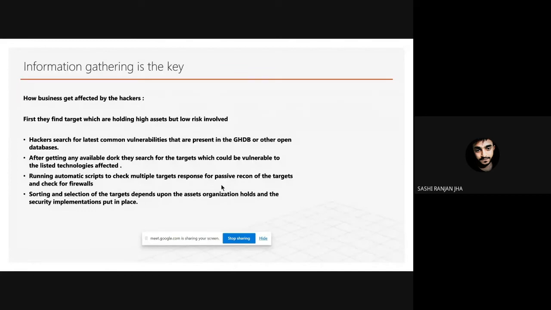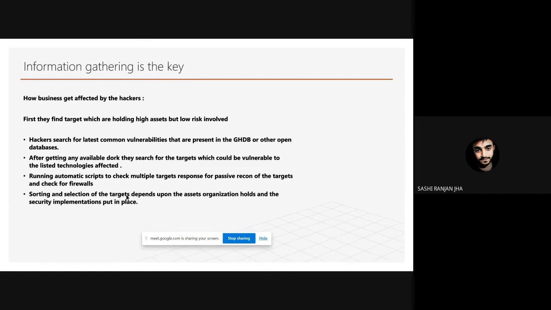Whenever we want to do attacks like SQL injection or XSS, we need some kind of parameter where we can inject our payloads. So for all those things, scripts are used, and to check the response, whether the web page is responding with 200 OK, or whether there is a 403 restriction on the link that we are giving. So all these things are done.